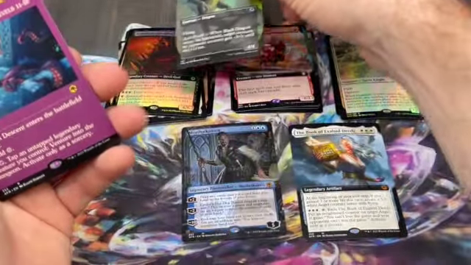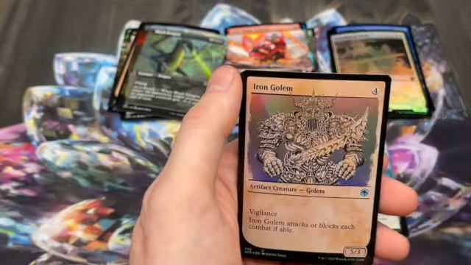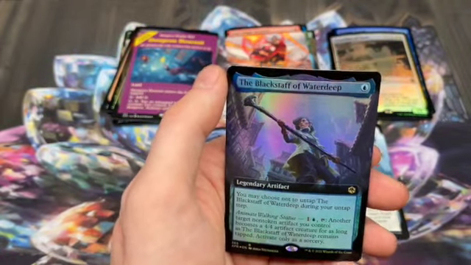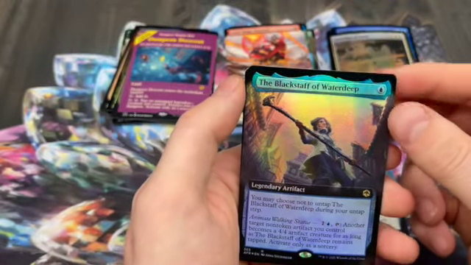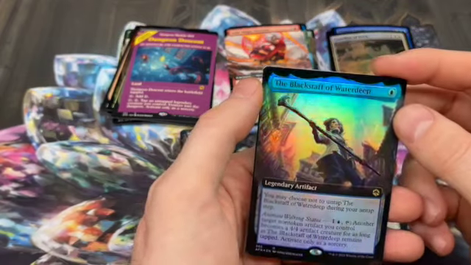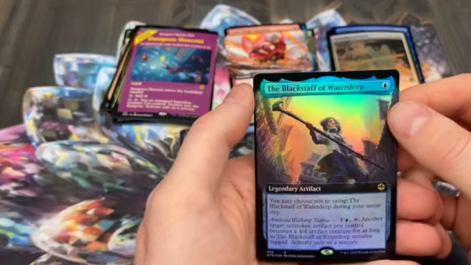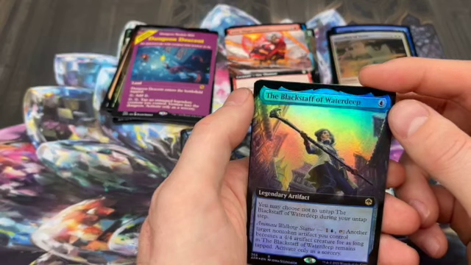All right, Dungeon Descent. Like I said, I do enjoy these cards. And last one, or no, not last one. My apologies. Iron Golem. Now last one. Hey, Blackstaff of Waterdeep. Extended art foil. I don't think I actually have this one, so that's kind of cool. I do still have all the extended art cards that I had set up for the original iteration of the cube, and I will probably end up going back and doing an extended art one